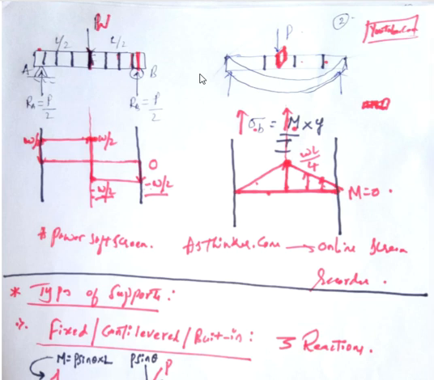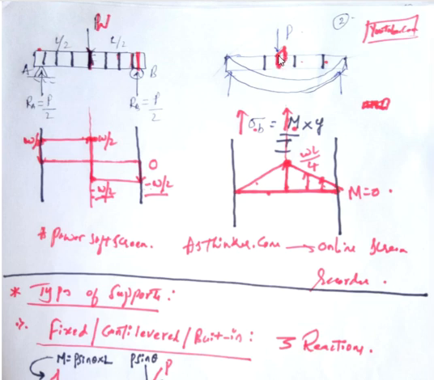Then what we need to do is we need to determine the cross section where the shear stress is maximum, and we also need to determine the cross section where the bending moment is maximum, because if bending moment is maximum, that is M, if we consider bending stress equation, sigma B is equal to bending moment M divided by moment of inertia into Y. If bending moment is maximum, then bending stress will also be maximum.